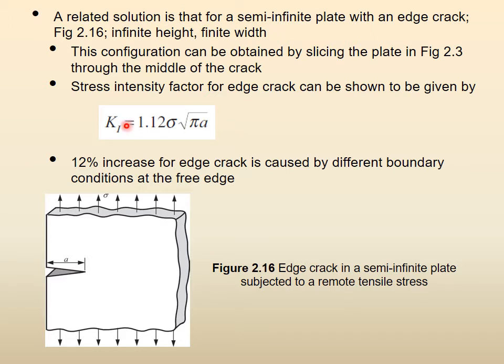Now, in the previous one, I told you that we can have a factor of y there. Why was y not there in the previous one? That y is a general expression for the type of crack geometry and so on. But if it is an infinite plate with remote stress sigma in mode 1 loading, and you have a central sharp crack, not elliptical, not edge, nothing, central sharp crack, then y is equal to 1. So in the previous one, y was equal to 1.